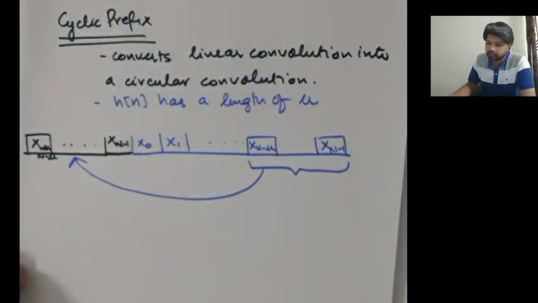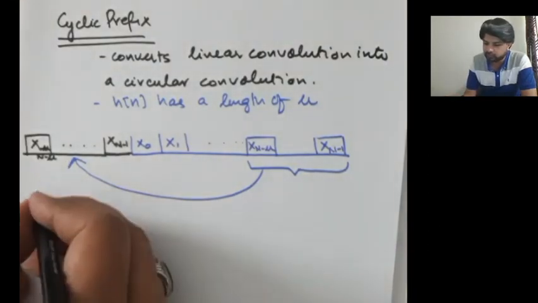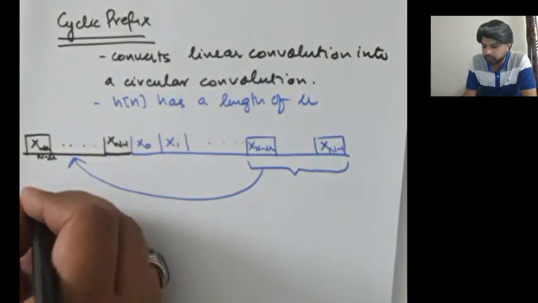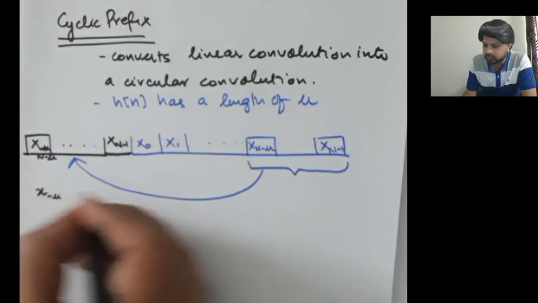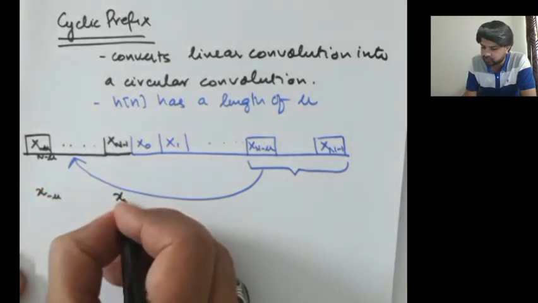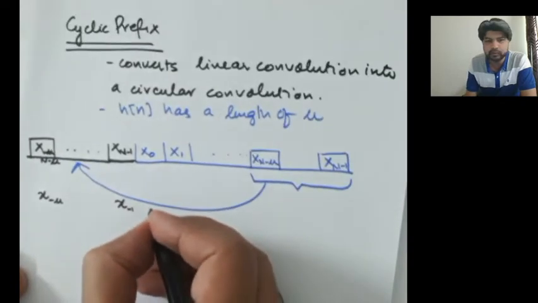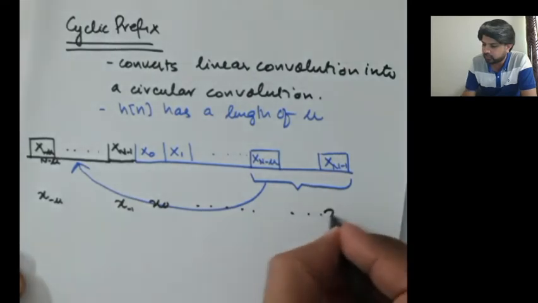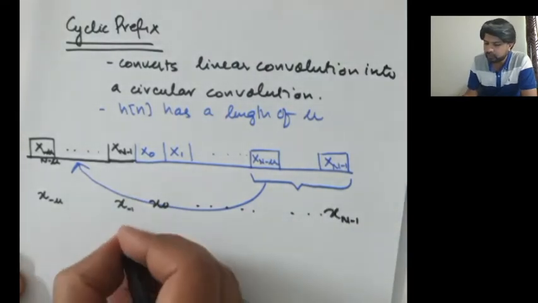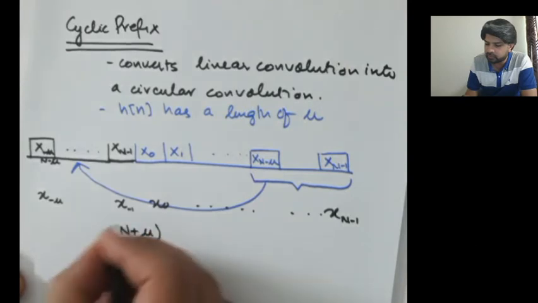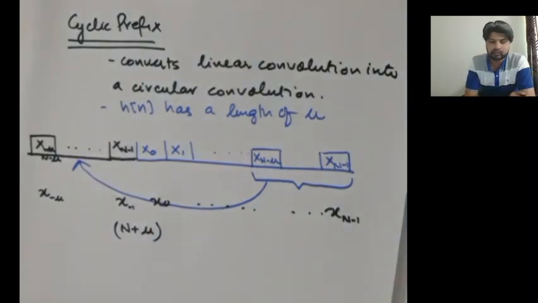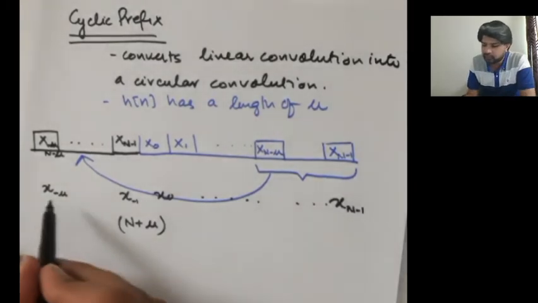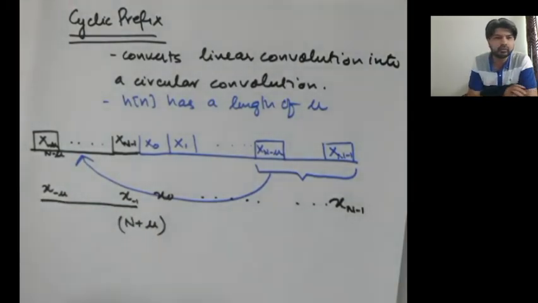So this symbol would start from, you can also call it, x of minus mu. You can call this x of minus 1, and then you would have samples from x0 all the way to x of n minus 1. So you would have capital N plus mu samples altogether for this, where the first mu samples are exactly equal to the last mu samples,